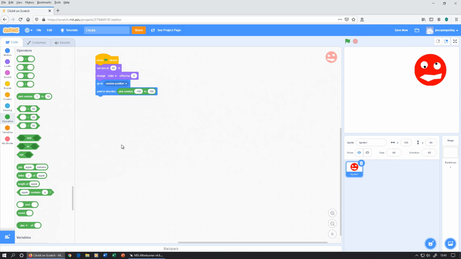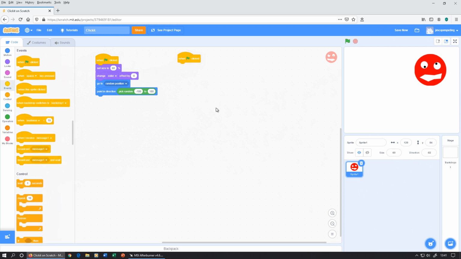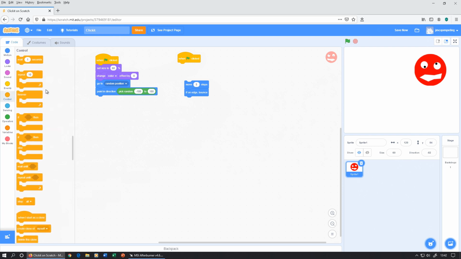So now we want to actually get the sprite moving. So back on events and over to here. Okay, and motion, move 10 steps. I'm going to slow that down a little bit for this first one, so we're going to just say move 5 steps. If it gets to an edge, bounce, and we would like it to do that motion forever. So put a forever loop there and put this one on, and then we can test the first part